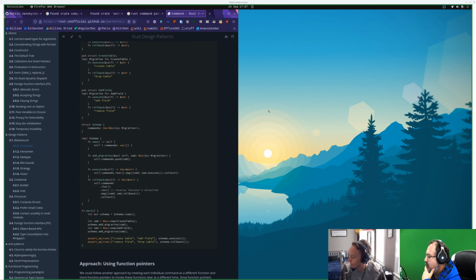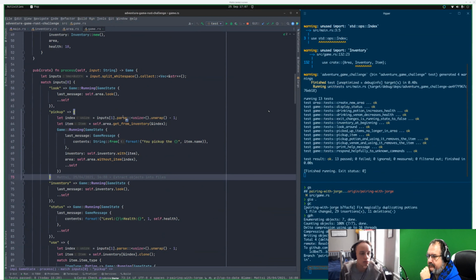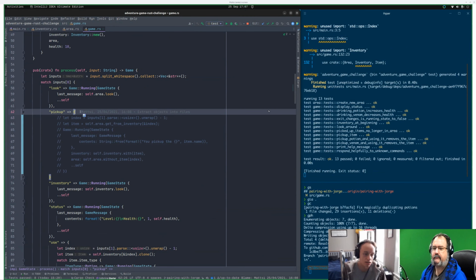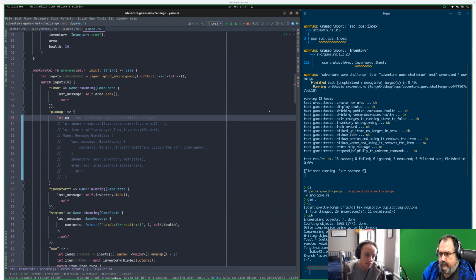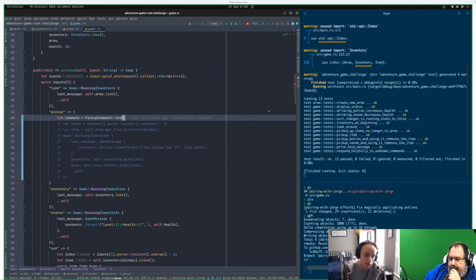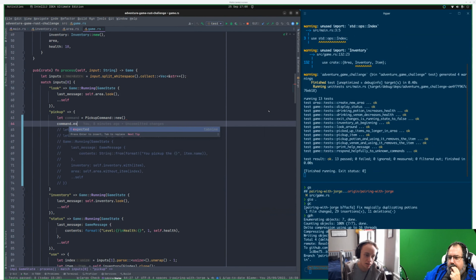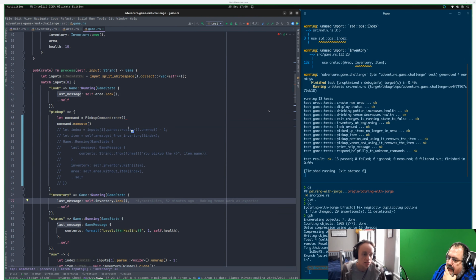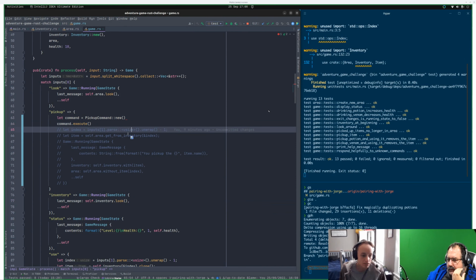We need the constructor as well. I think I know what you mean. Yeah. So each of these we copy out to some structs, and then this would become like let command equals PickupCommand new, command dot execute, and then doing this generically can come later. But for now, we just extract it into a struct on each one. Yeah. Cool. That sounds sensible.